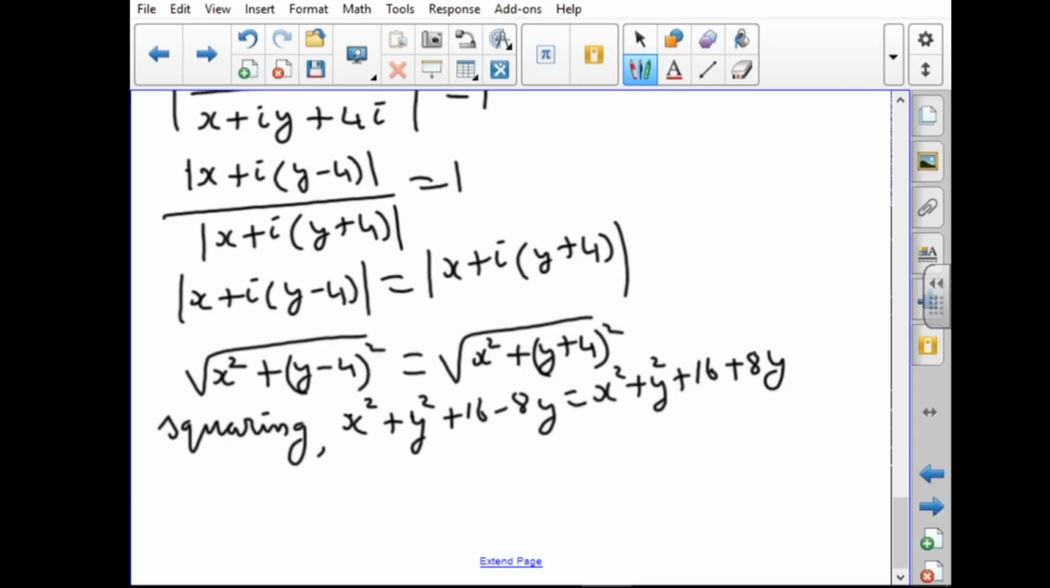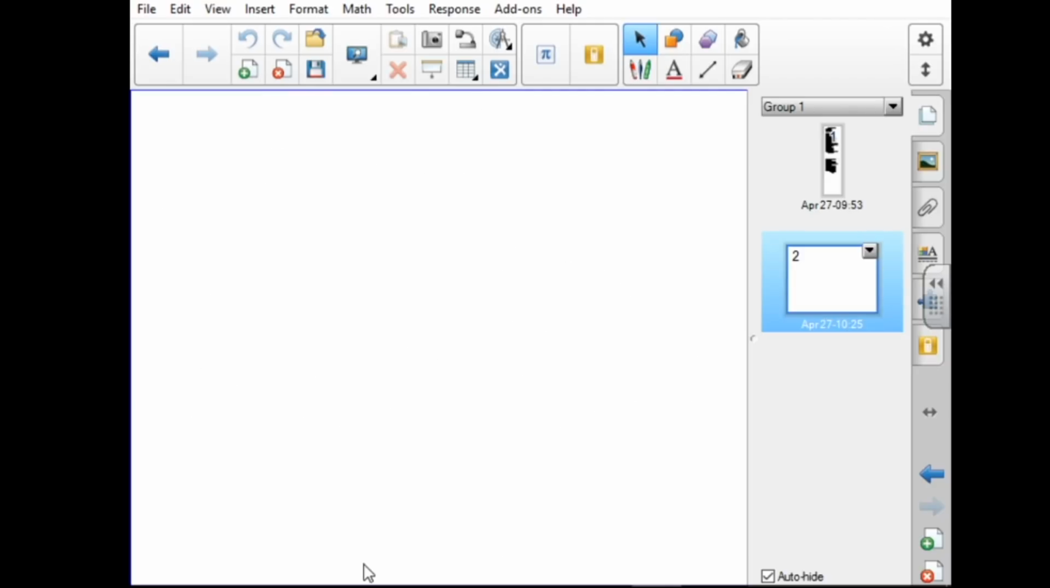Now on both sides we can cancel a few terms: x square gets cancelled, y square gets cancelled, 16 also gets cancelled. So we have minus 8y is equal to, okay, now